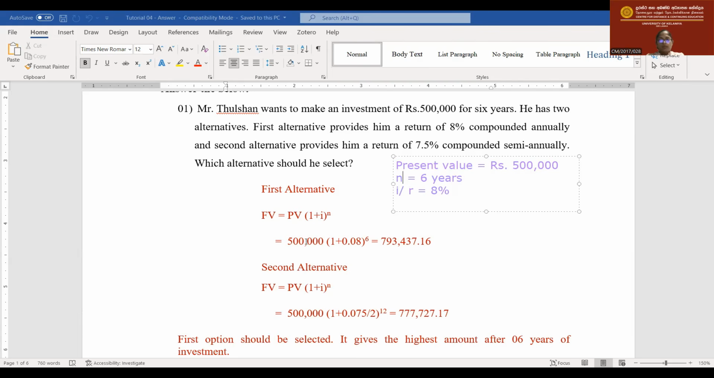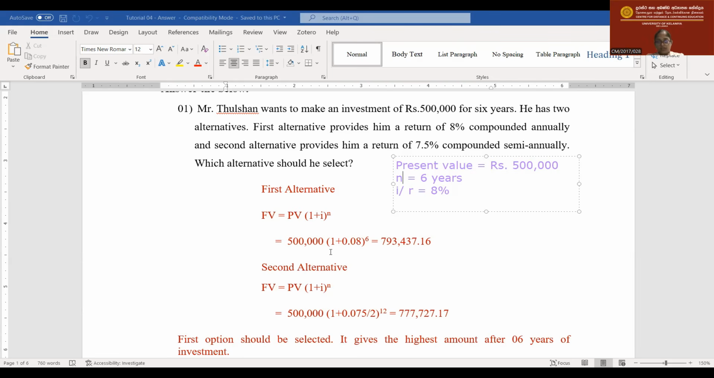Present value, 500,000, open a bracket, 1 is default plus, I means 0.08. That means the 8%, right? 8 divided by 100, then you can obtain 0.08, right? So here, what would be our N? It's 6,